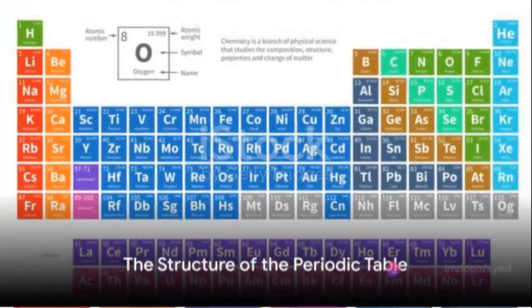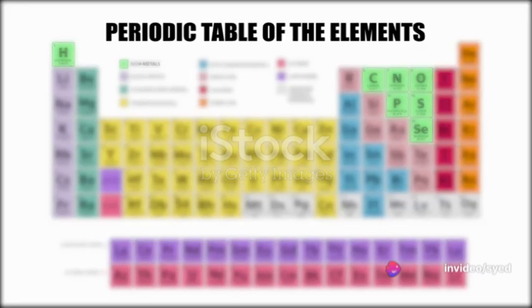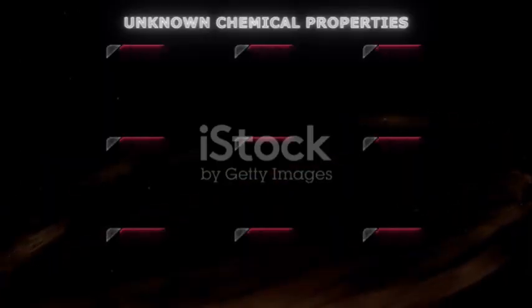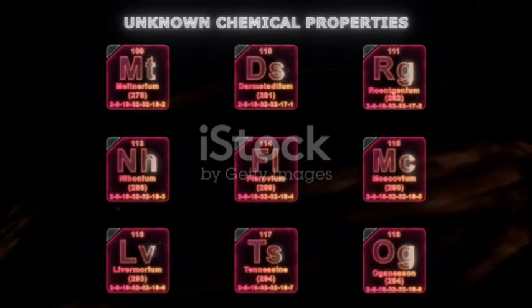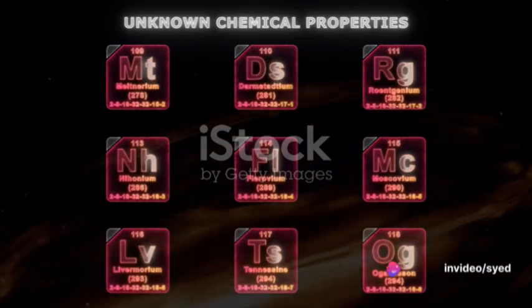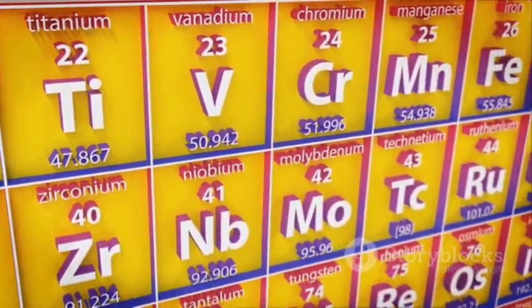Have you ever wondered why the periodic table, the chart that classifies and organizes all known elements, looks the way it does? It might seem like a random collection of boxes and letters at first glance, but there's a method to the madness. Each element on this table holds a unique spot, and that spot tells a story about the element's properties. The periodic table arranges elements based on their atomic number, which is the number of protons found in